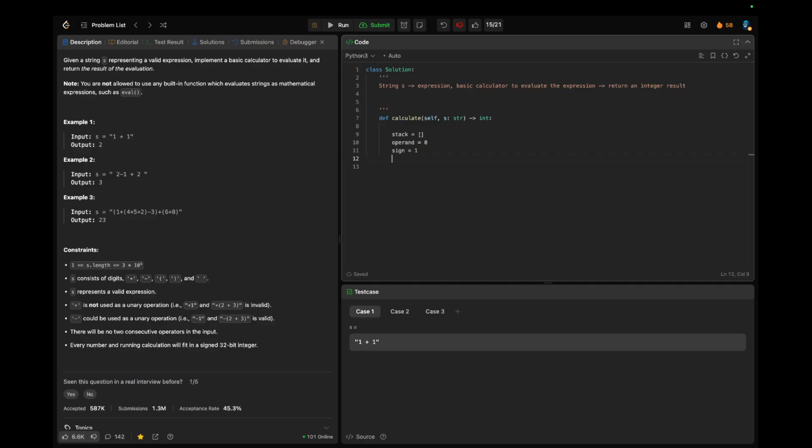And then we also want to do something to track the ongoing result of the ongoing operation that we have here. So these are our four key variables that we're going to be using. And then we want to iterate through the string. And if the character is just an empty character, we can just continue. Otherwise,